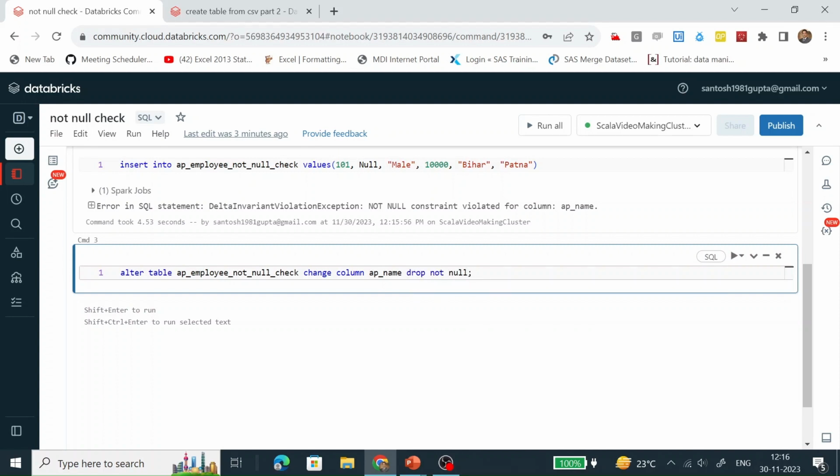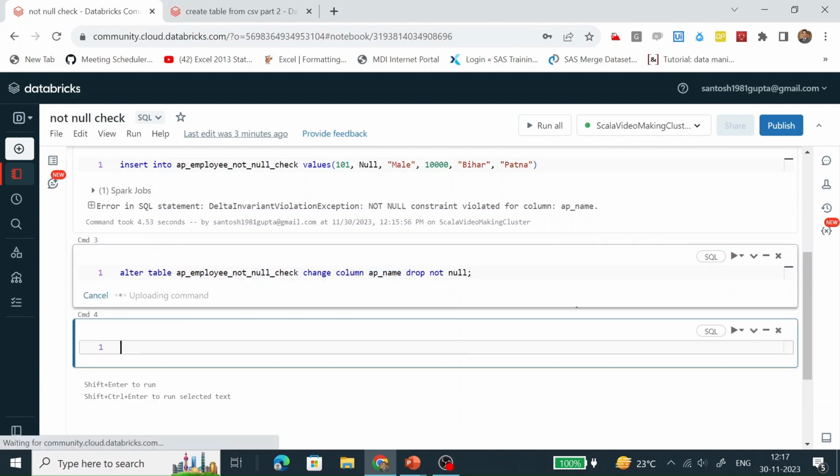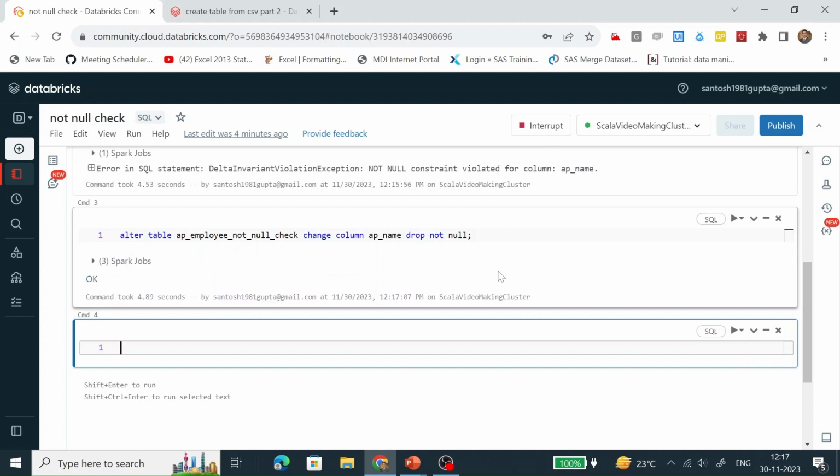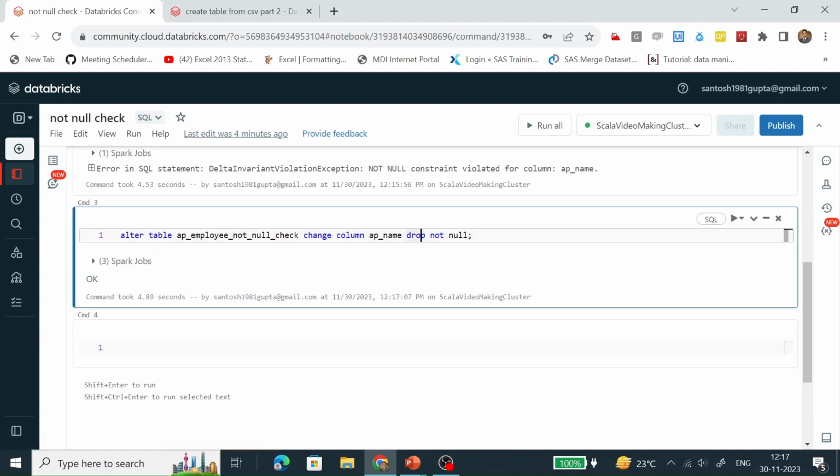So we are altering this table and we are dropping the not null check of this AP name column. Let's run it. Okay. The not null check on this column has been successfully dropped.